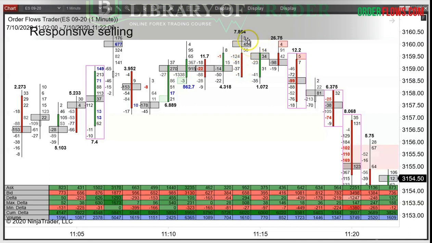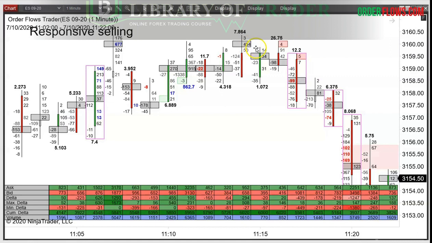Now I didn't turn on prominent points of control on this footprint because some people don't have my software. I think my software is best for determining prominent points of control. It's the only software out there that determines prominent points of control. But what you're looking for, in a basic sense, is point of control up near the high of the bar,